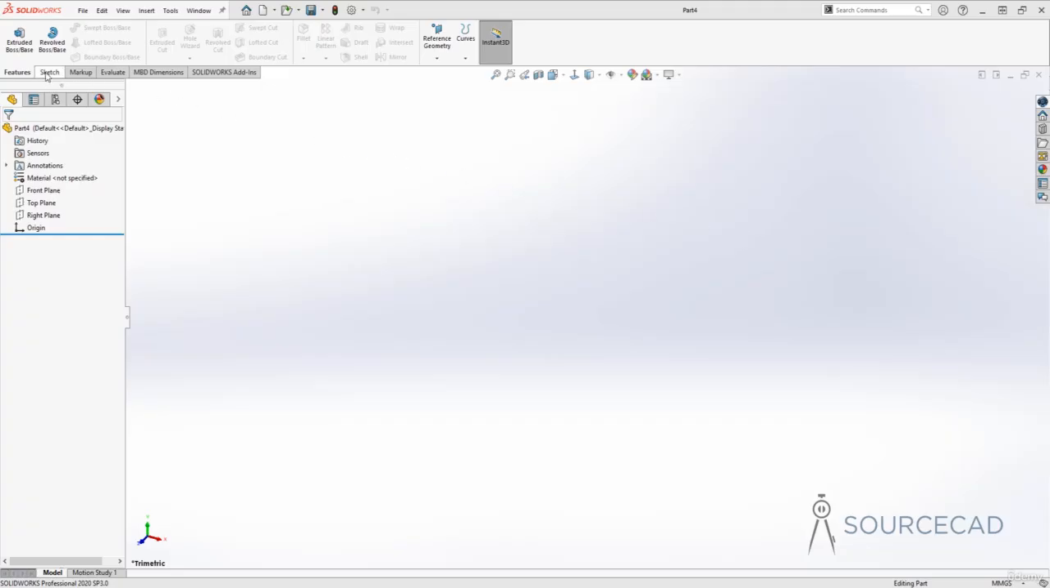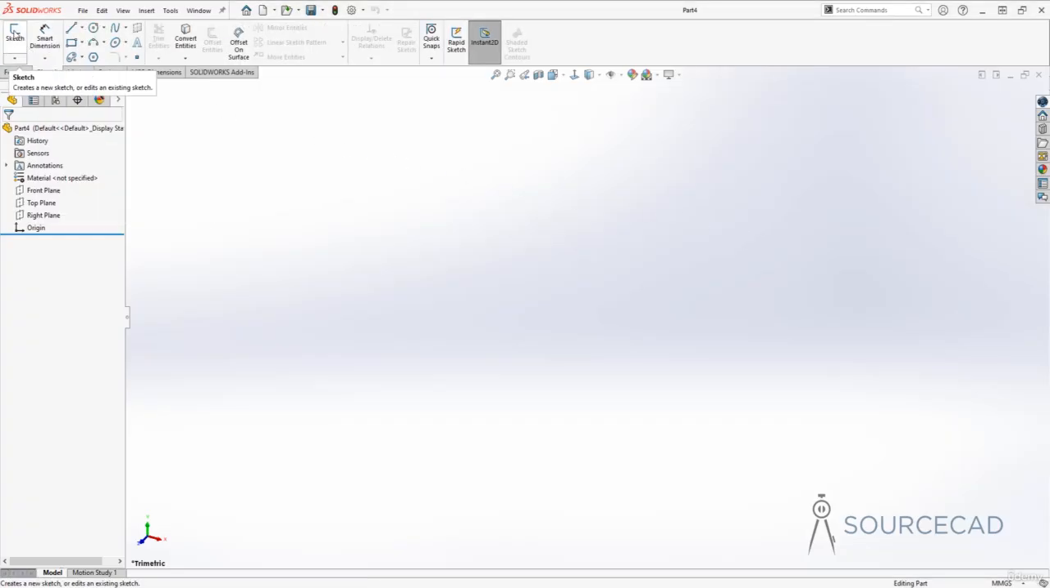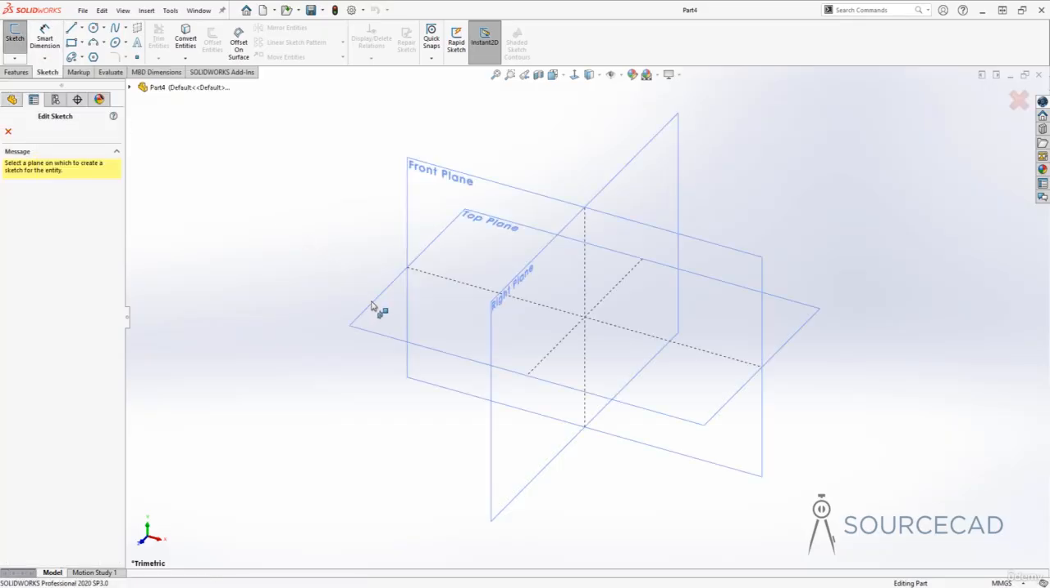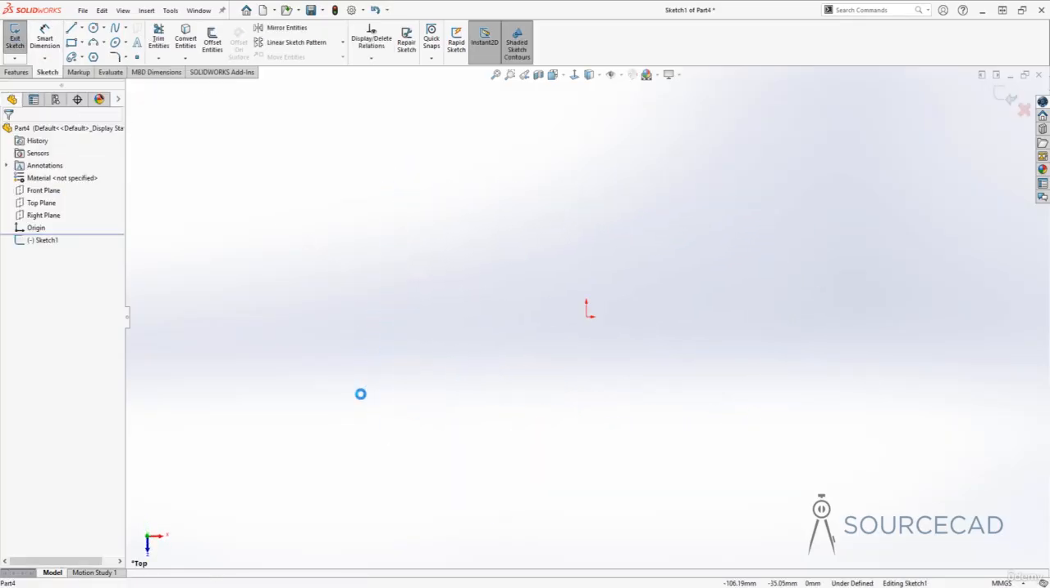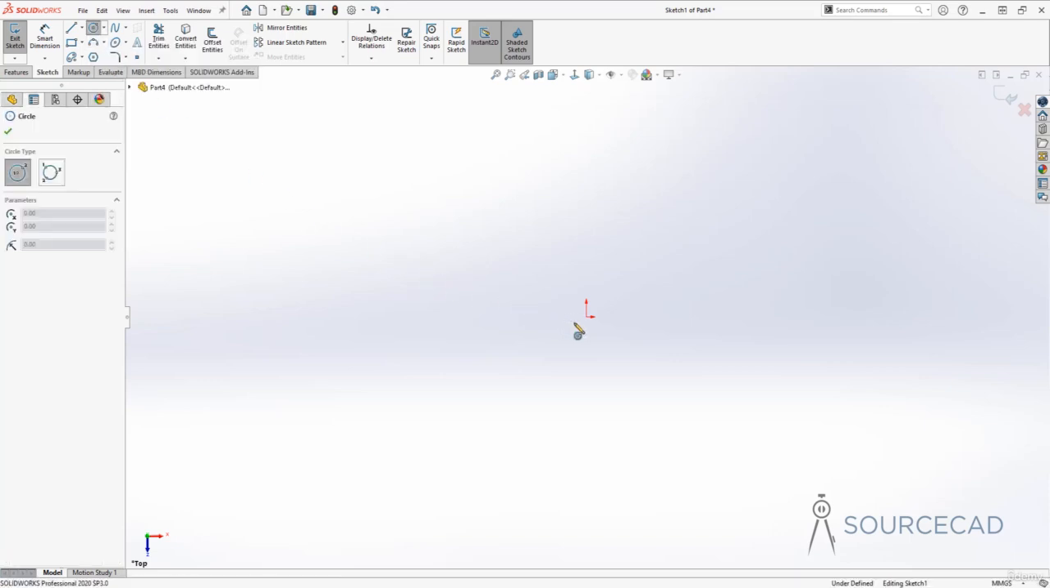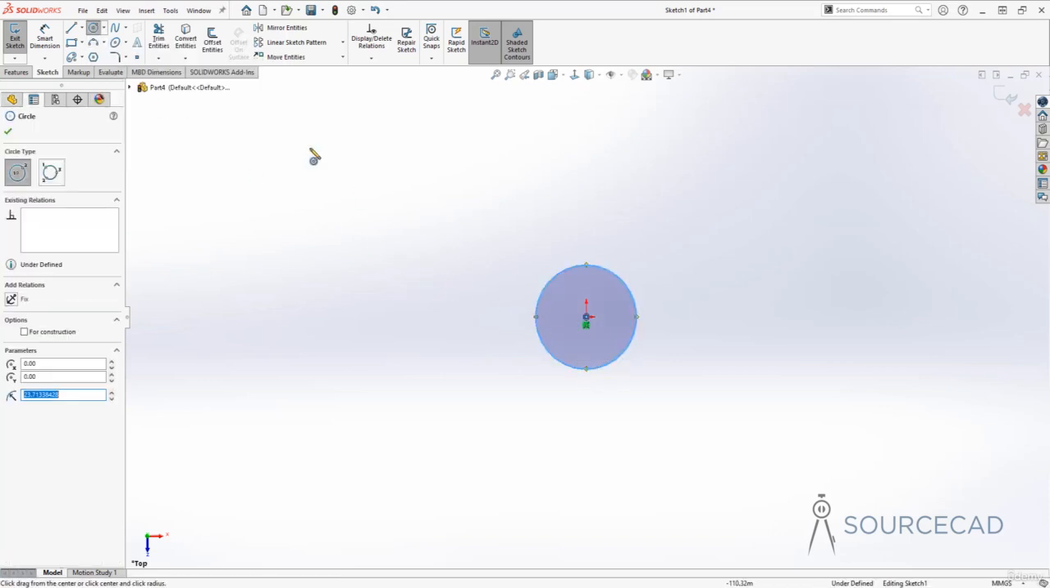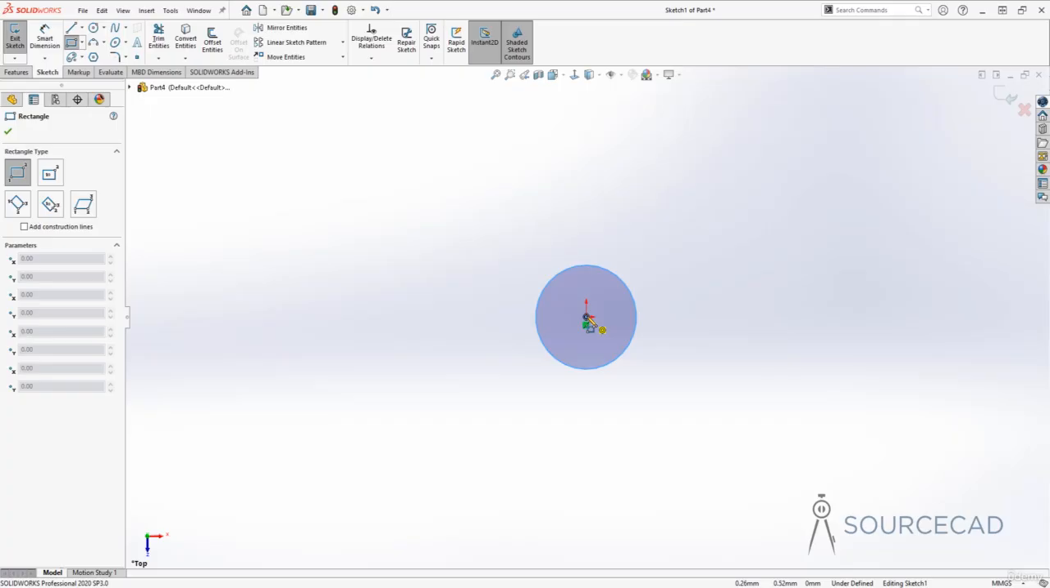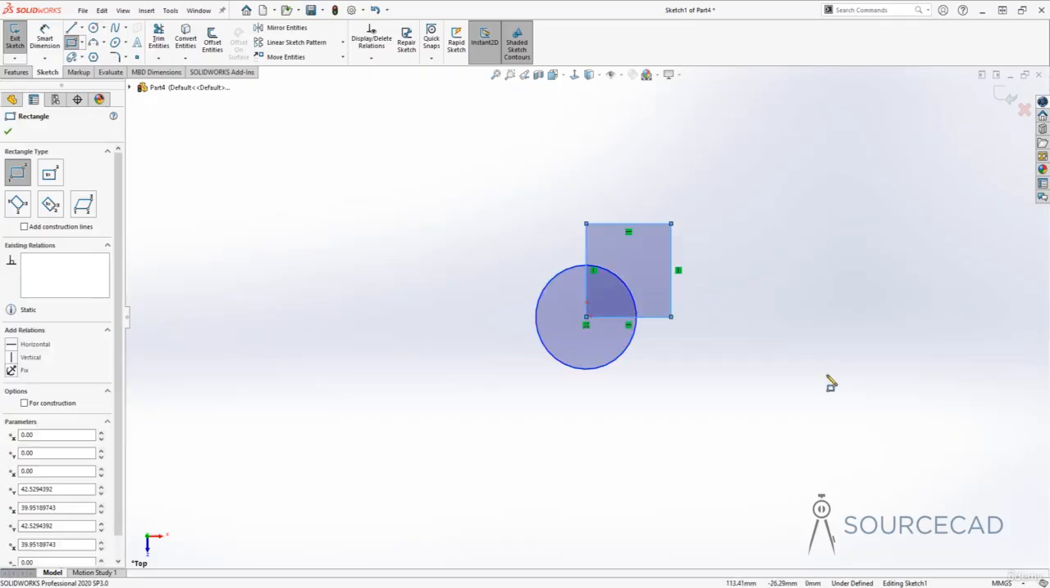So I'll go to the sketch tab and click on sketch, and I'll select the top plane to start sketching. I'll go to circle and here I'll just make a circle and then a rectangle as well. Alright, so with these two, I'll now click on exit sketch, which will take me out of this sketch